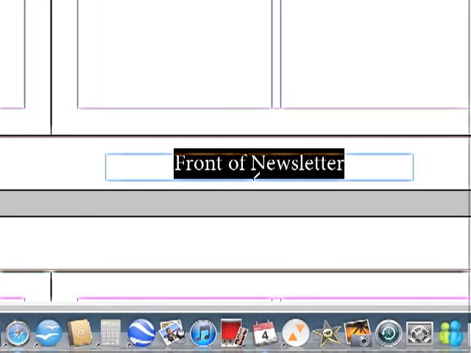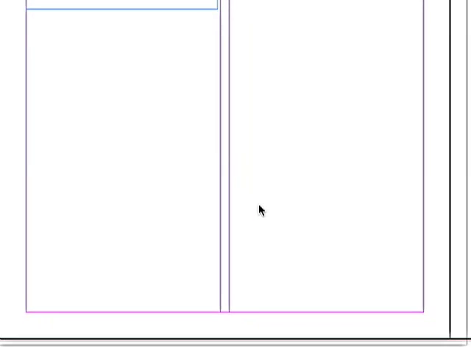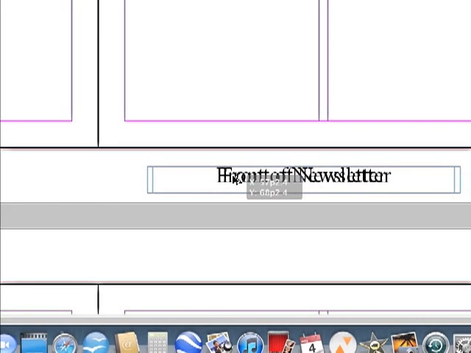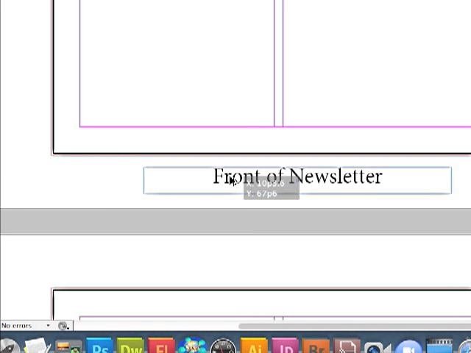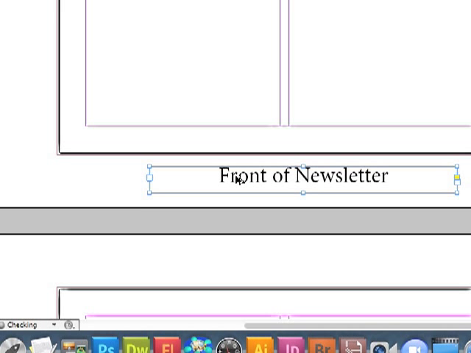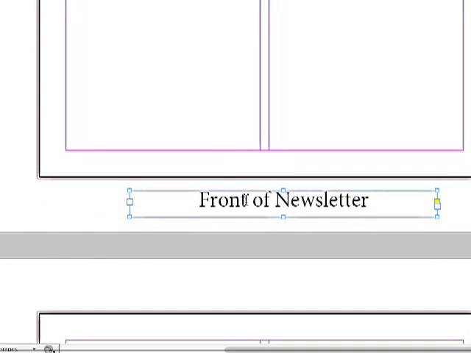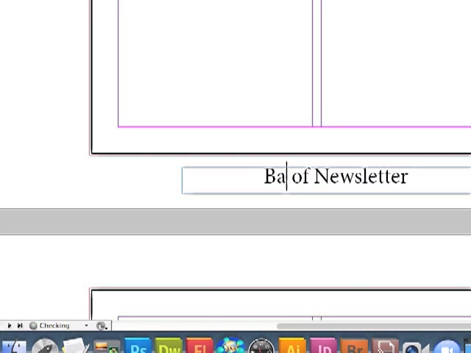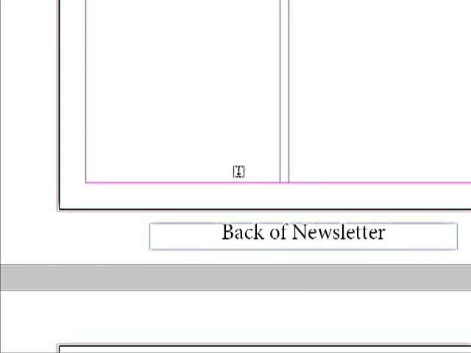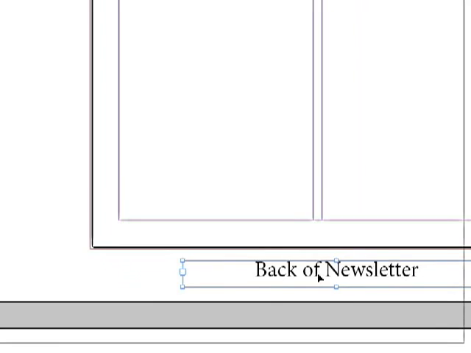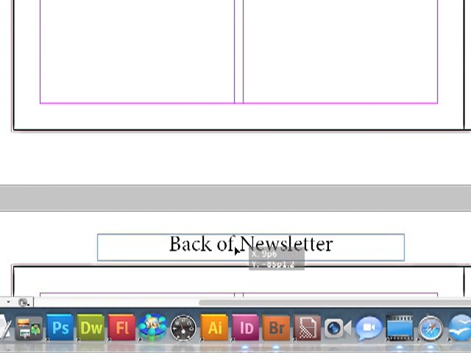Now, if we hold the Option key and switch to the arrow tool, we're going to drag while we have a double arrow, letting go of the mouse and then letting go of the Option key. Now, we don't have two fronts of the newsletter. We will quickly change this to the back of the newsletter. Okay, on the inside, we will just drag this holding the Option key